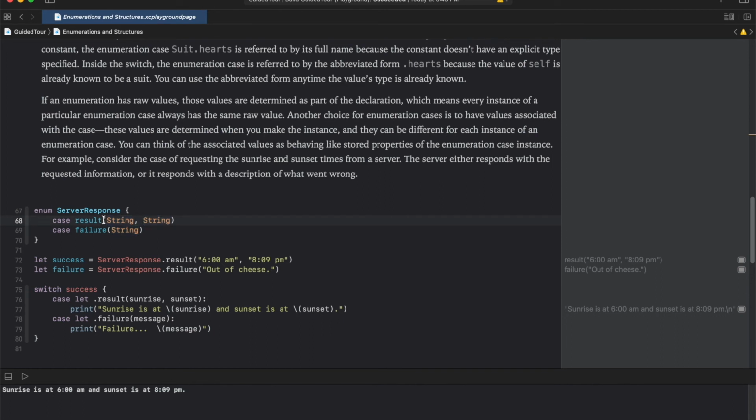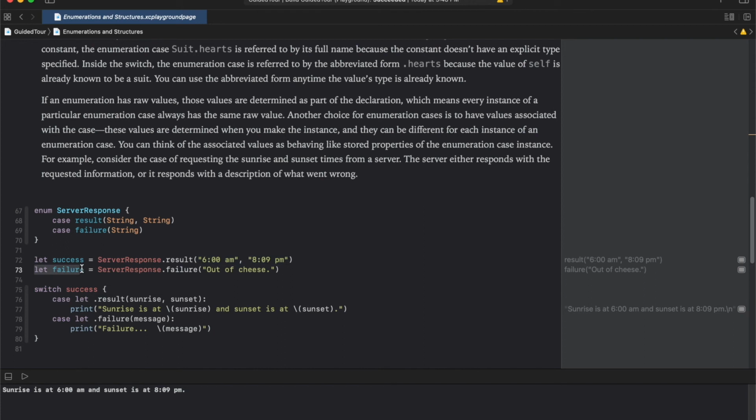The case result has an associated value of type string, string, and case failure has an associated value of type string. On line 72, we are creating an instance of server response with a value of result and the 2 strings passed as the associated value for result.